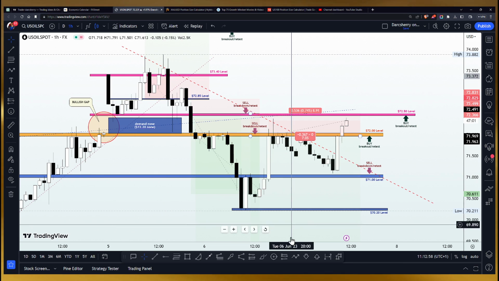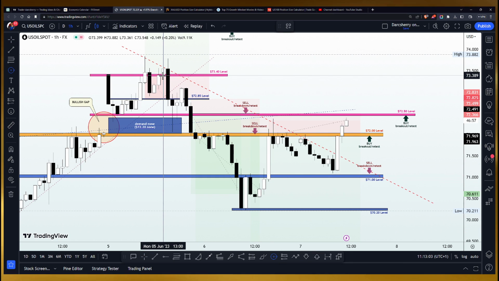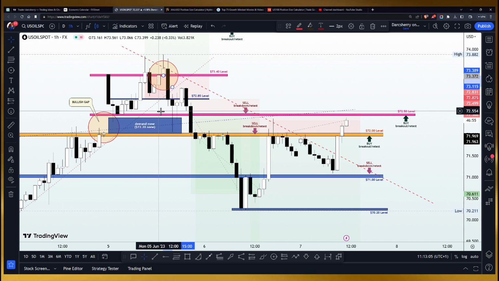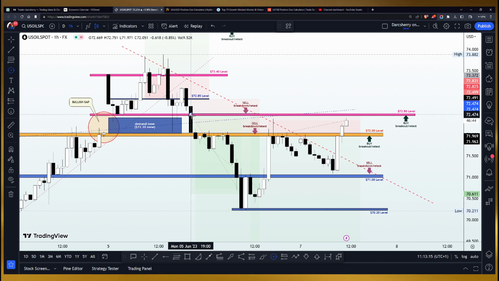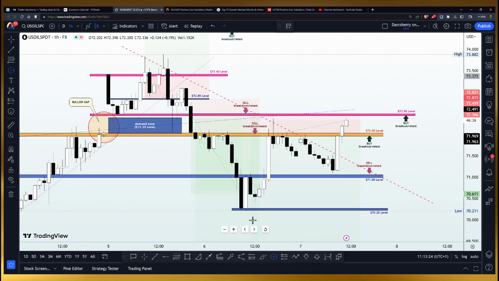And in fact, a couple of hours into the New York session on Monday, we actually saw our buy position triggered, but it didn't last long, as we were taken out. I think we were taken out at a loss on that one, as price action dropped to the downside, breaking down the support line to trigger our sell stop order, giving us our first sell position for the week. And price action went on to break down the key level, which is at the $72 area.